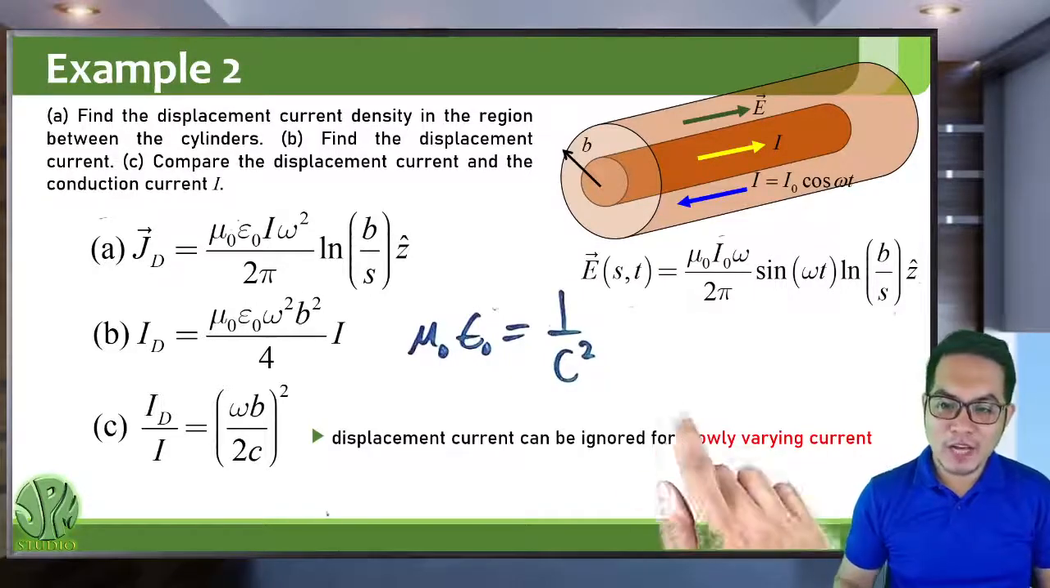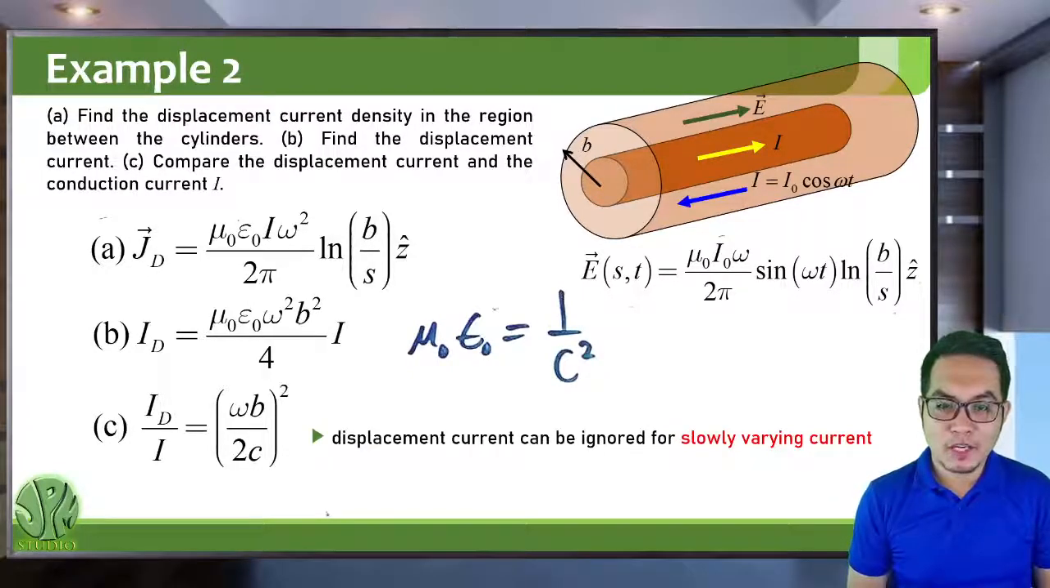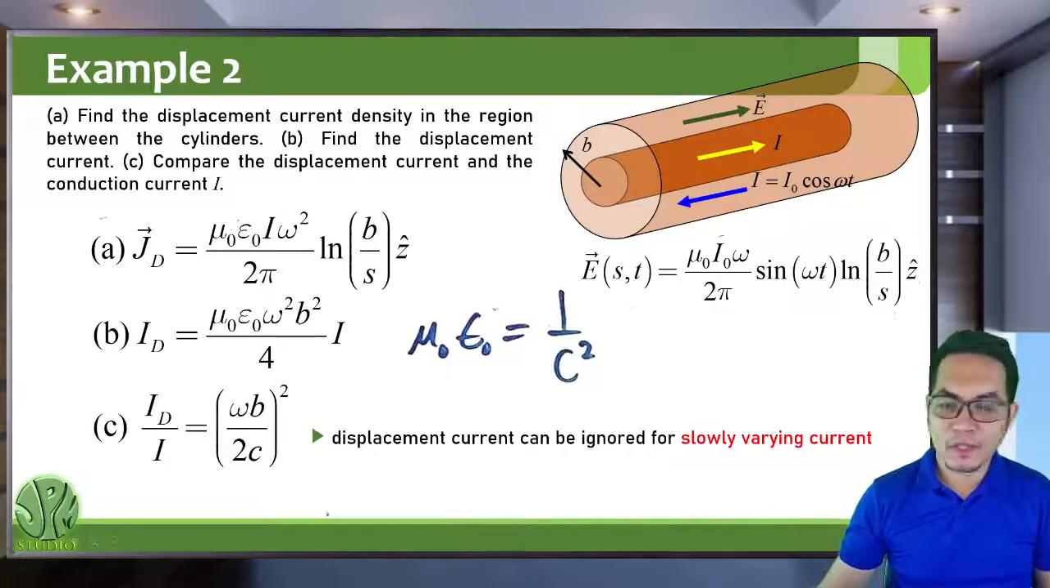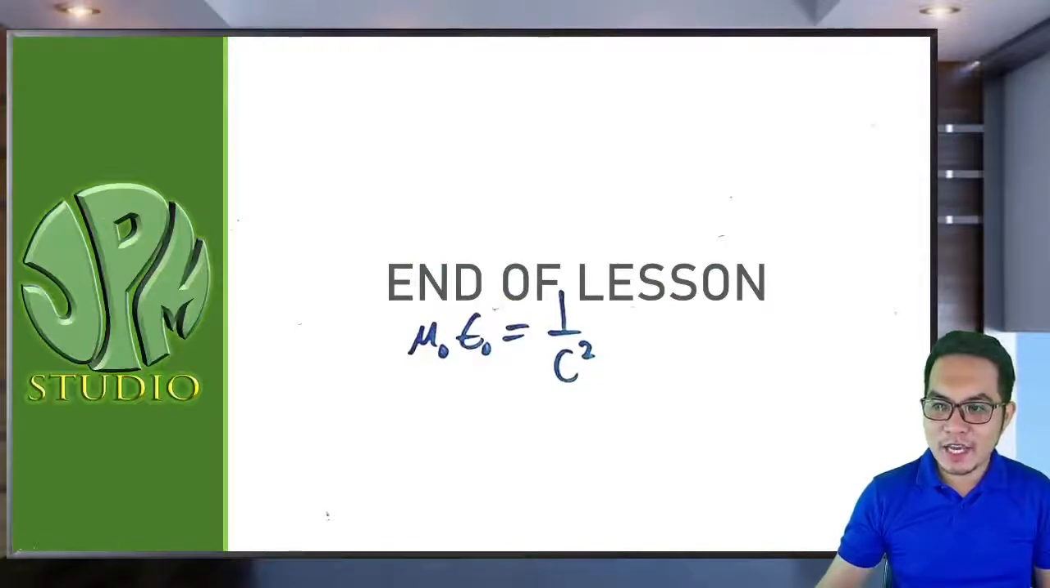We have actually introduced this phrase before in the previous lesson, I guess, about an example with a slowly varying current. In that case, we don't need to include displacement current if the current is varying at a very low frequency. Okay, and that is it. That is the end of this chapter, the chapter on